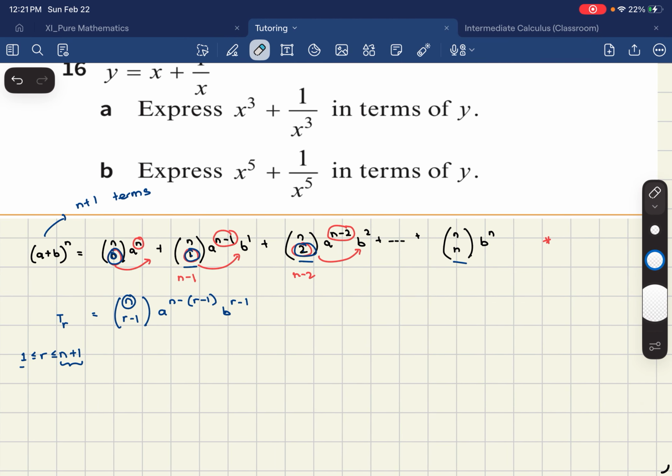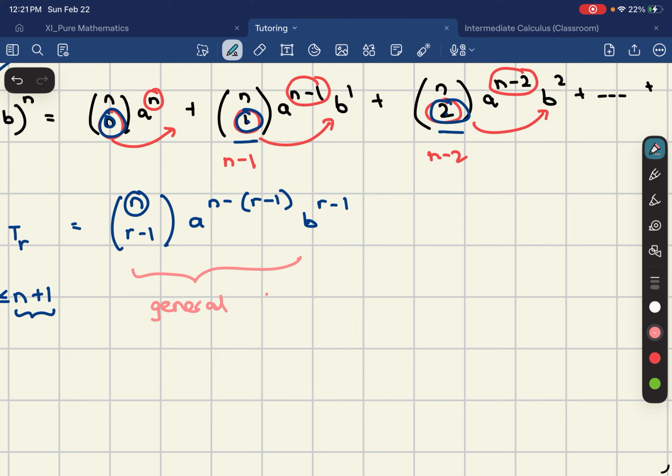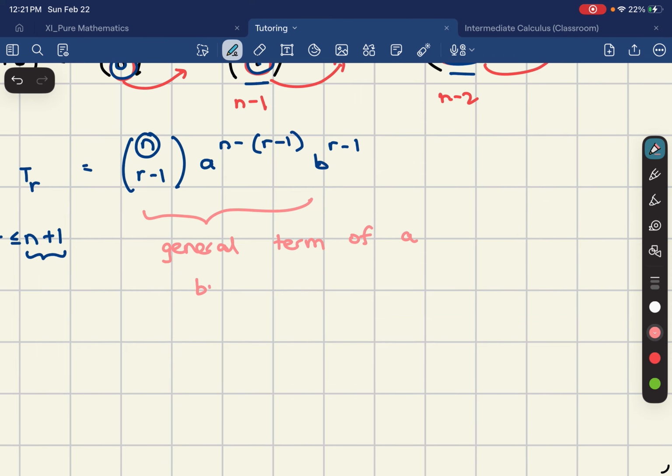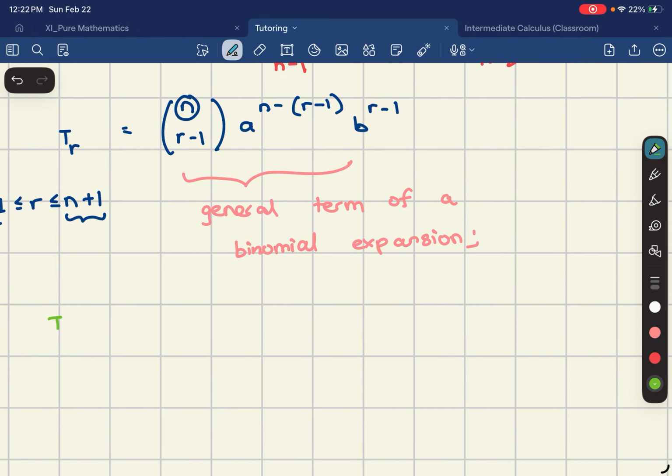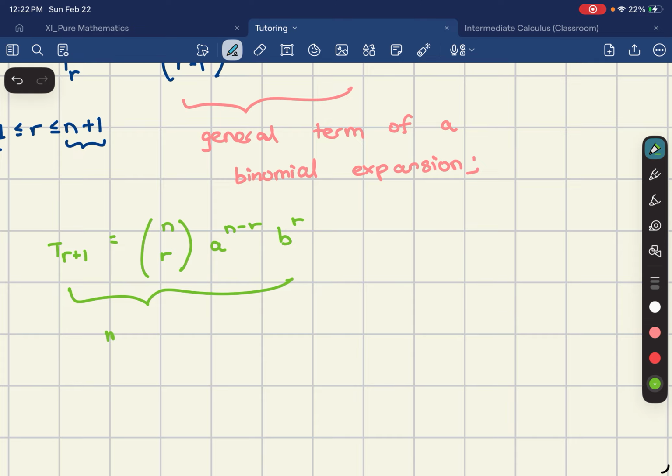So this is what we call the general term of a binomial expansion. And usually people want to avoid using r minus 1. So what we say is we actually express the (r plus 1)th term. And the (r plus 1)th term is nCr a to the power n minus r, b to the power r. So this is the more popular formula,